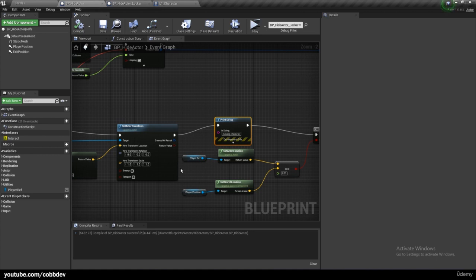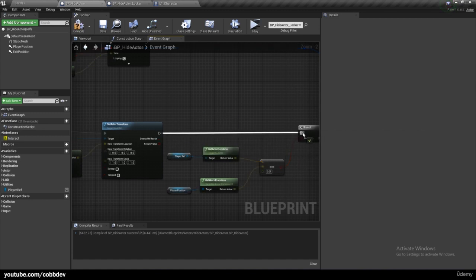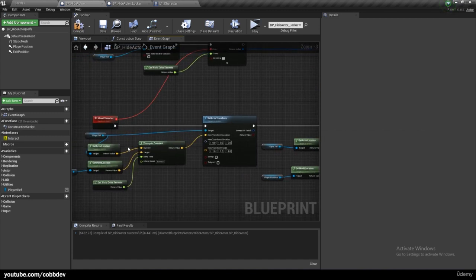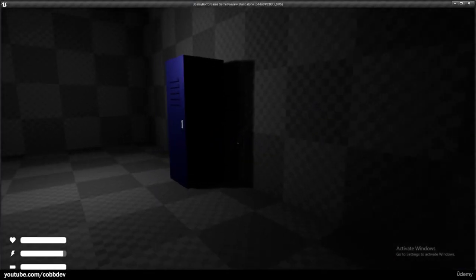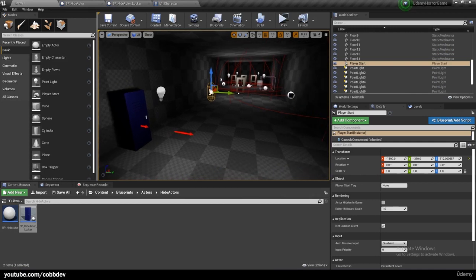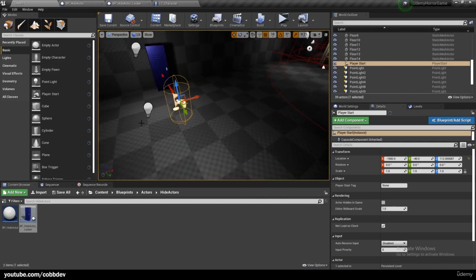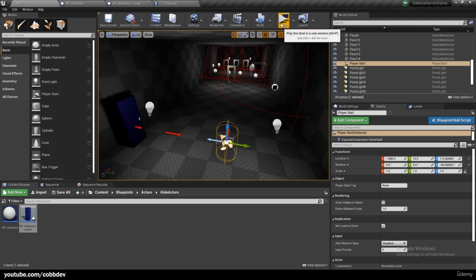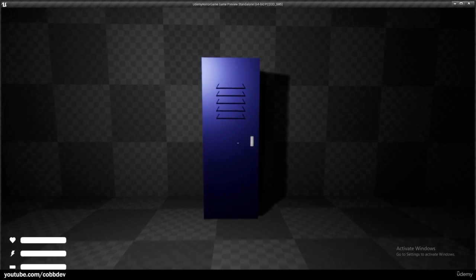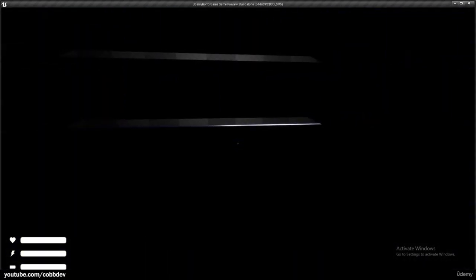So we want to do more than just disable the collision. We want to disable our movement as well. We don't want to be able to quote unquote walk around the locker, especially because it's no longer moving our character. And I should have demonstrated that, so let me actually do that now. I'm gonna move our player start right here, make us face the locker. Let's play again, and let's go to our locker, hit E, and now if I kind of try to walk